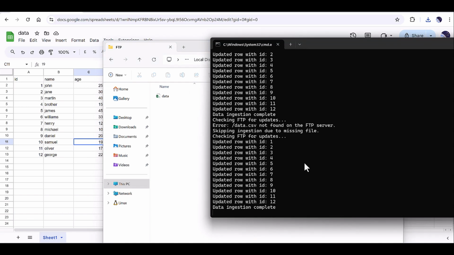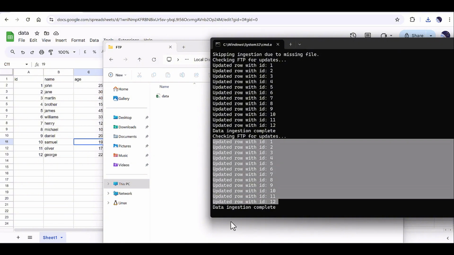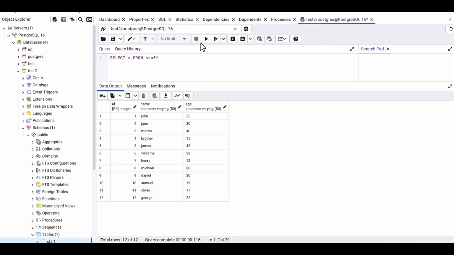After 10 seconds it will check the FTP server, and it will update all the files. So let's jump back to pgAdmin to see. Here you go, number 8 is 10. Others, you can see nothing was added, nothing happened. Whatever has changed, it will update into